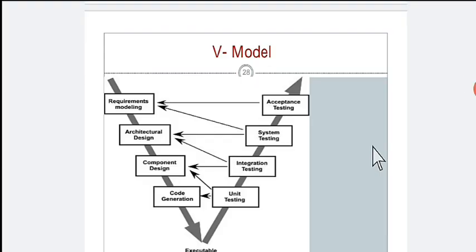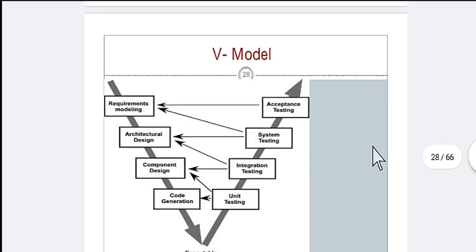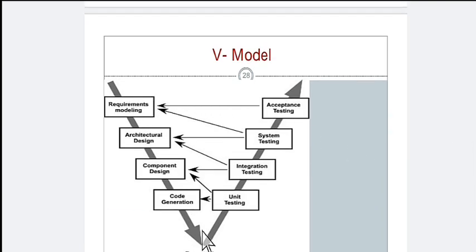Now the next model is the V model. Okay, the next type of model is the V model. Now in this model there are two different ways by which we can develop software. If you look at the diagram, one direction is from top to bottom, and the other direction is from bottom to top. So the shape is like a V, that's why the model is called a V model. It is a combination of the linear approach used in the waterfall model, as well as a non-linear approach.